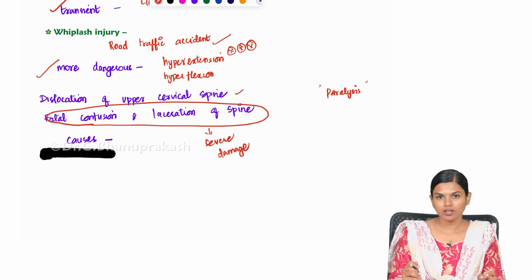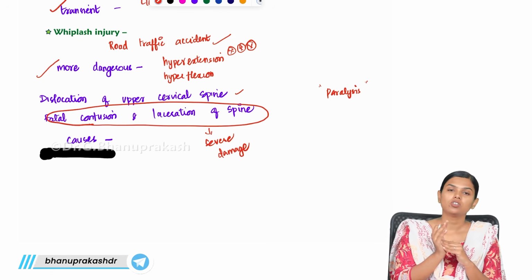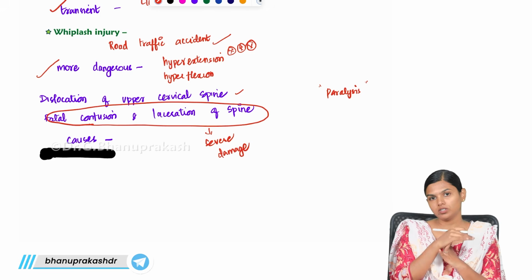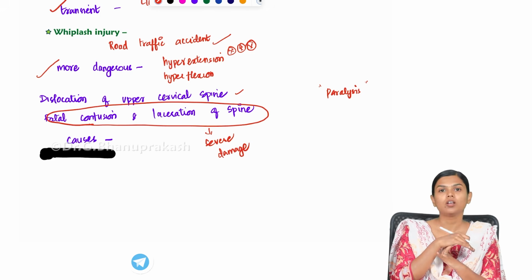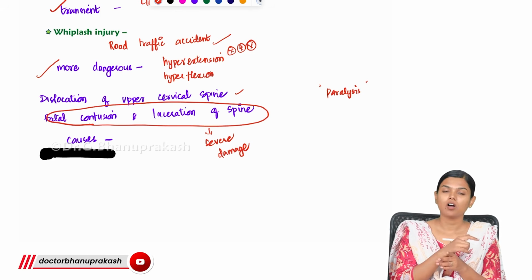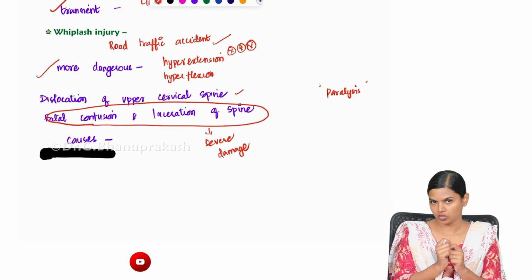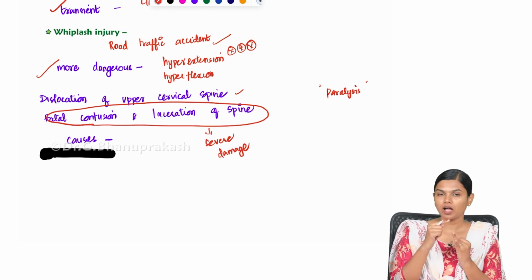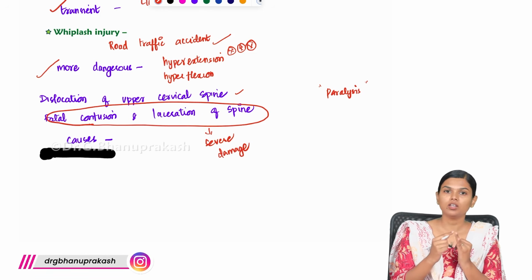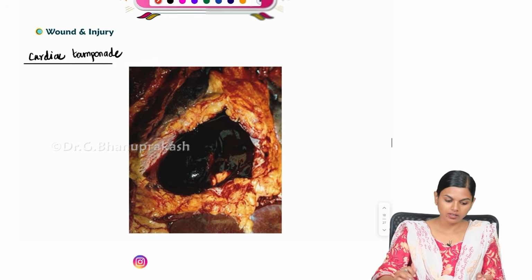So basically in a road traffic accident, when there is this sudden deceleration, the neck will travel. So it will flex and it will extend, and because of this sudden flexion and extension, the spinal cord sometimes gets completely severed or lacerated, or if it does not get lacerated, it will become contused. Because of that, they experience a lot of symptoms, and it is known as whiplash spinal injury. So in spine injury, you had railway spine and this whiplash spinal injury. Railway spine used to be caused by railway travel, and whiplash injury is caused mostly in road traffic accidents.